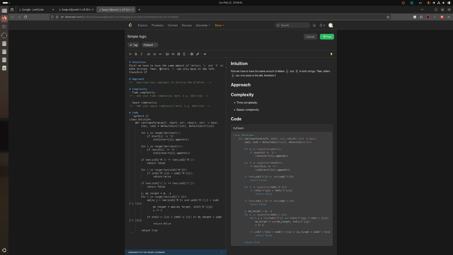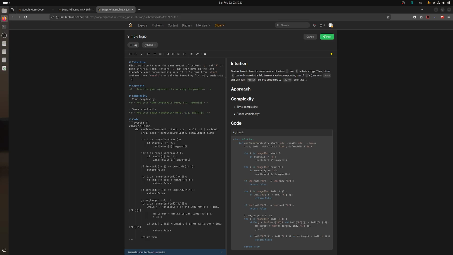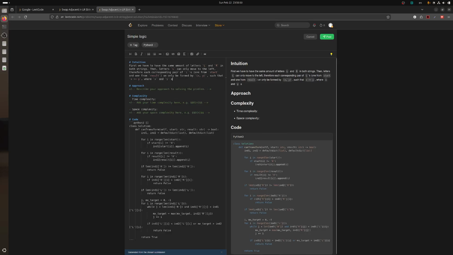Then, letters L can only move to the left, therefore each corresponding pair of L's, one from start and one from result, can only be formed by x, y such that x is over y, where x and y are the indices of the letters L in